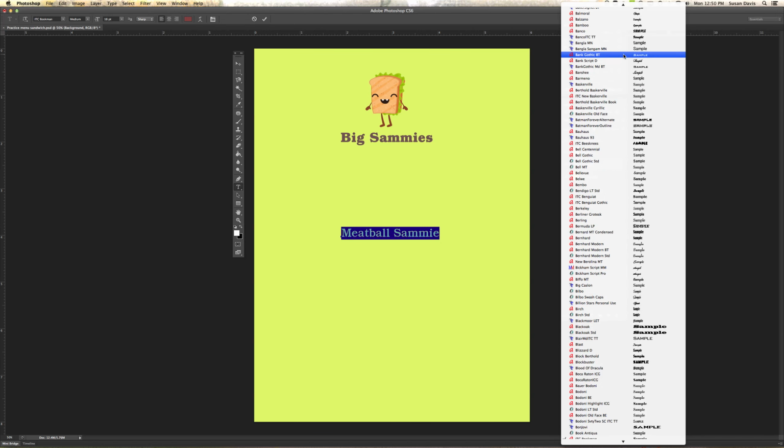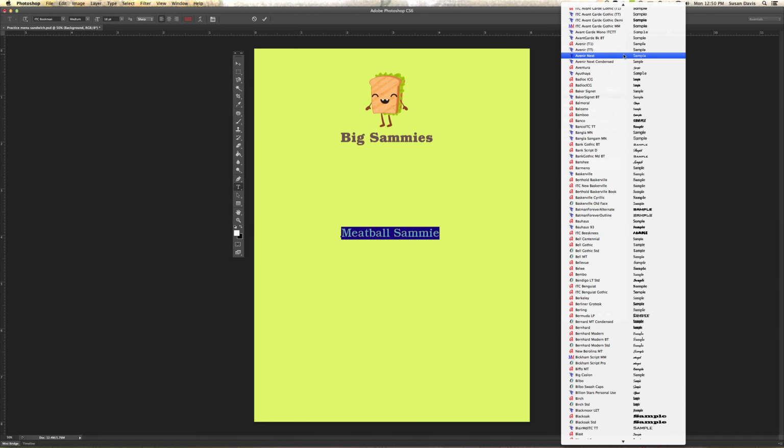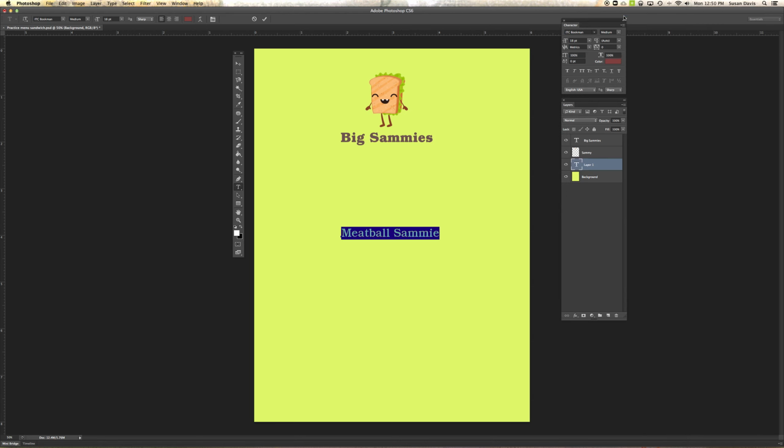Kind of just something nice and simple, like Avant Garde. Okay. Still looks pretty big, 18 point. I'm going to lower that to 14 point. Okay, so now